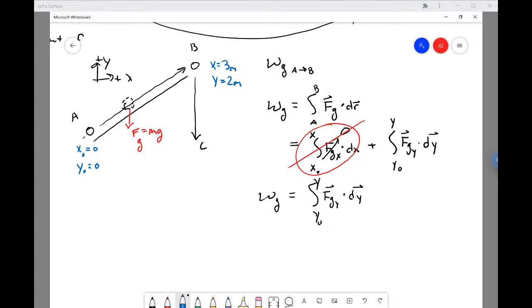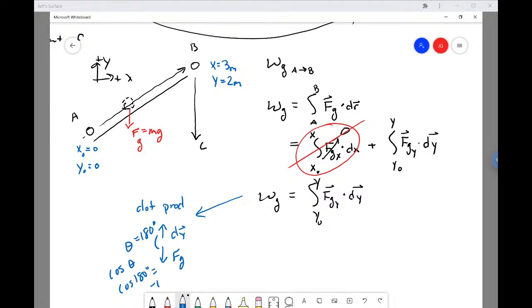And so now let's think about this dot product. If we think about going from point A to point B, our displacement in the y direction is up. We're moving up. And the force of gravity is pointing down. So the angle between those two vectors is 180 degrees. And the dot product involves the cosine of that angle. So the cosine of 180 degrees